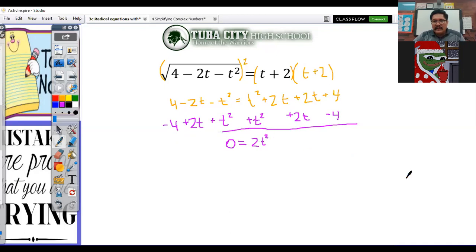2t squared. All right, now again, I have 3 terms for 2t, so I'm going to have to put all of them together again, take all of them into account. Normally, we're not used to this because we only add 2 like terms at a time, so that's going to be a little bit different. Now, this gives us a little bit of a break here because 4 minus 4 is going to be 0,